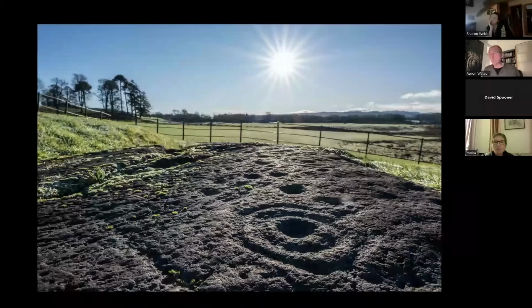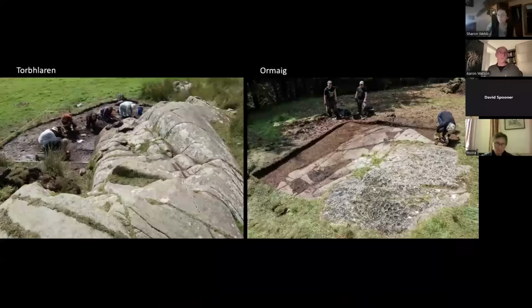Something very similar happens at Balua Craig, just as another example. So something interesting is happening there, but does that pattern extend further? Well, one thing we could start to think about, in addition to observations in the landscape, is what the significance of these places may be in other ways. One of the ways that's been tested is through excavation. Torbhlaren and Ormaig have become very well known because of excavations between 2004 and 2009, revealing some quite unprecedented